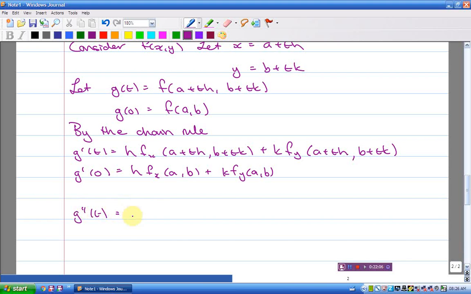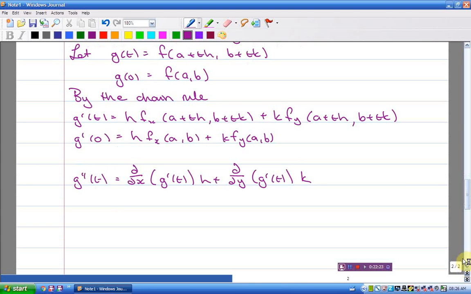The second derivative starts to get hairy. Higher order chain rule. Okay, so I'm going to take my first derivative and I'm going to differentiate it with respect to t, but differentiating with respect to t means differentiating with respect to x and then timesing by dx by dt, plus differentiating with respect to y and then timesing with dy by dt. So that's what's written down there. dx by dt is h, dy by dt is k. So now when I differentiate g dash with respect to x,